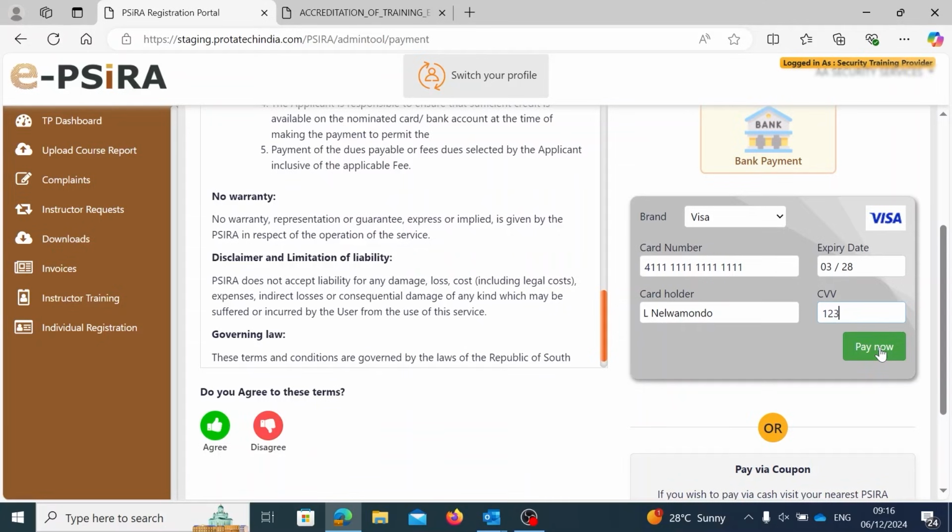If you don't hear from us, you can call us just to find out what's happening with your application. And then if any consultant gets your application, they will go through it. If anything is missing, they will call you. So this is how you apply for accreditation for